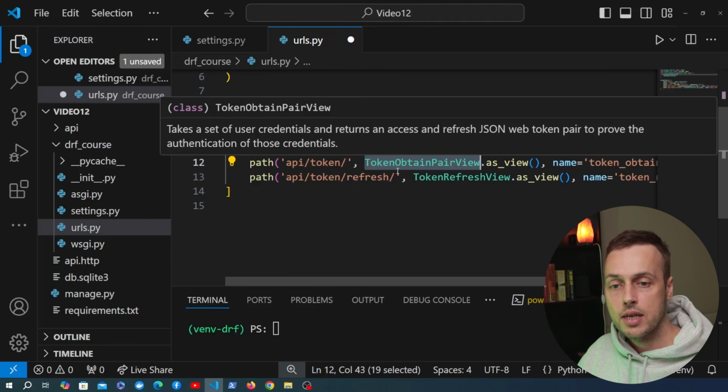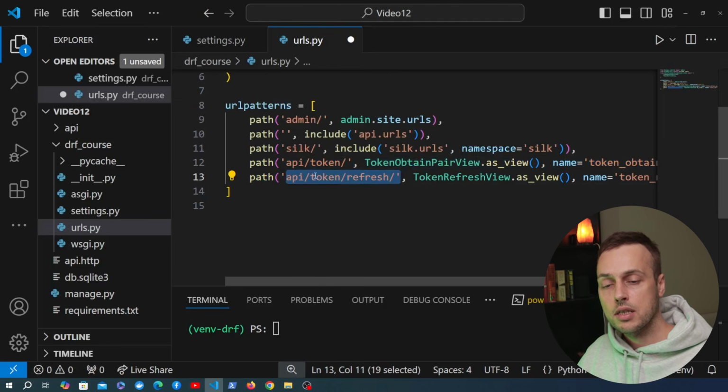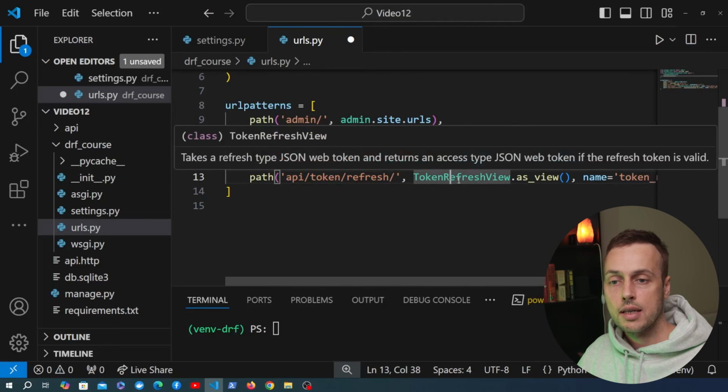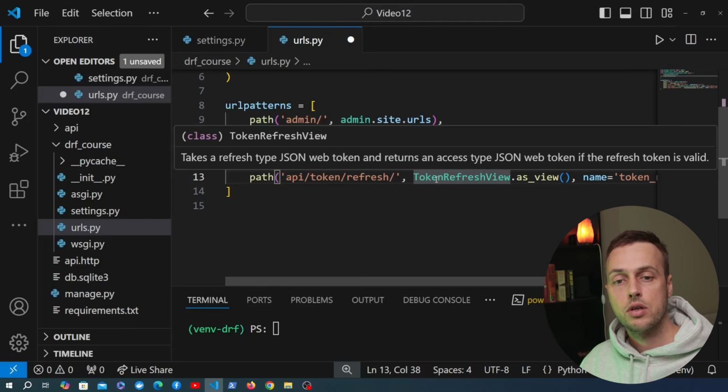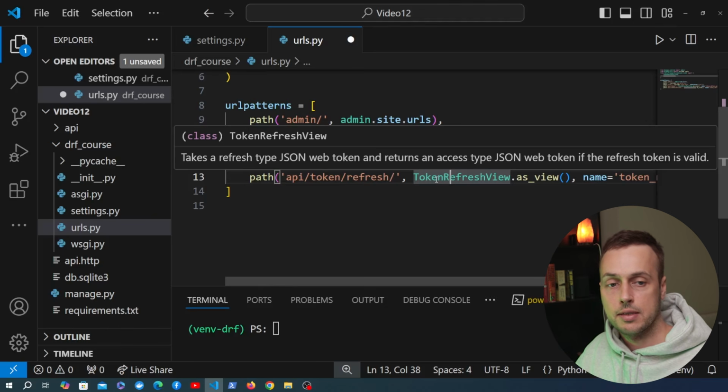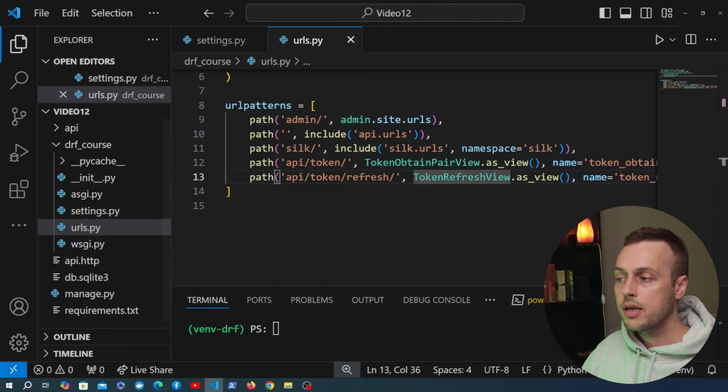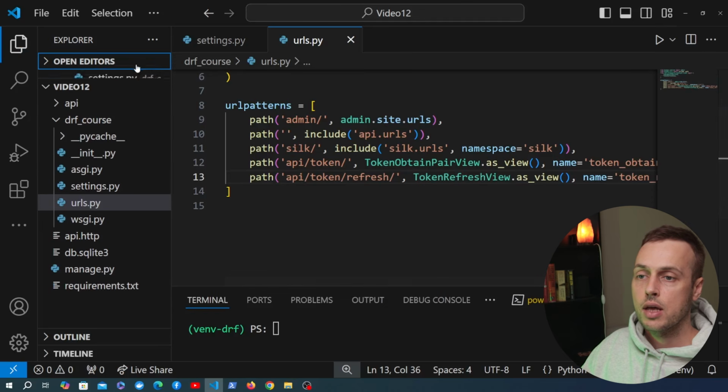On the other hand, we have a second endpoint here, /api/token/refresh, and that's going to call the TokenRefreshView. And what this does is it takes the refresh token that you got back from the obtain pair view above, and it's then going to return a new access JSON Web Token if your refresh token is valid. So let's save urls.py,